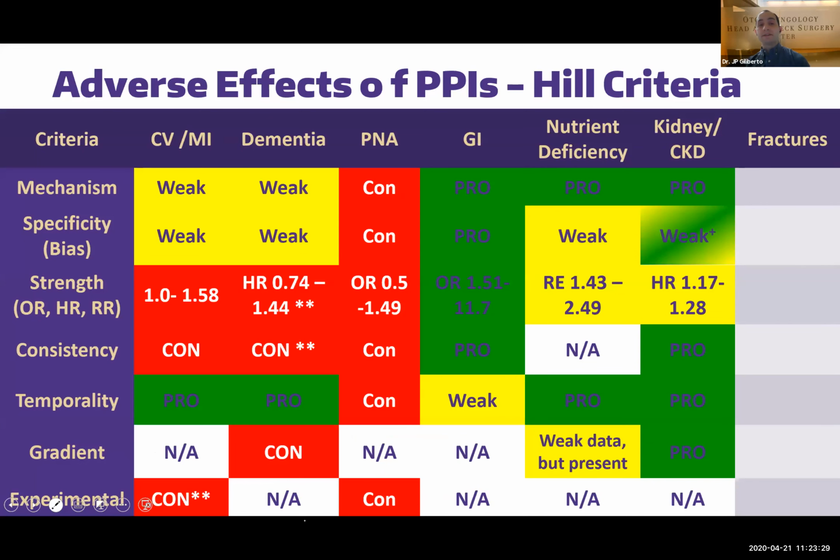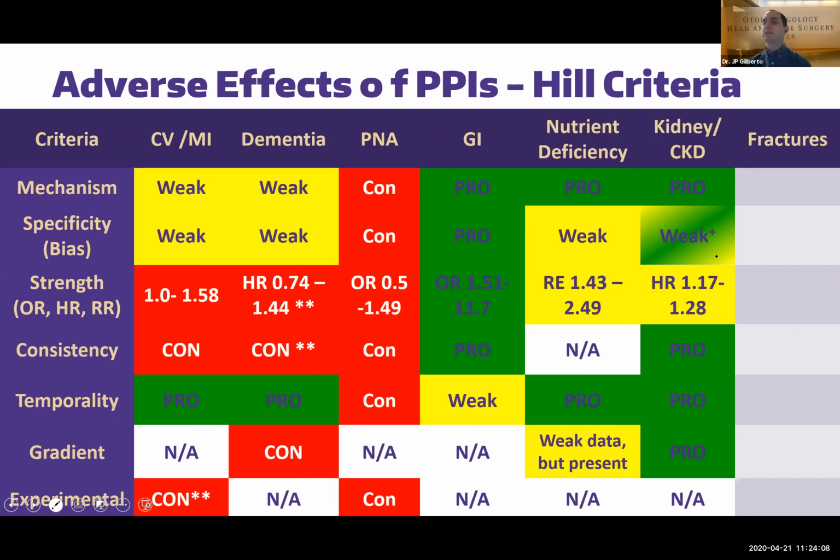So for the chronic kidney disease, we have a mechanism that makes sense. Although with these larger insurance studies, there is some concern for misclassification bias, particularly when you're not having prospective data collection. However, the reason I called it weak plus was that chronic kidney disease is one of those diseases that's fairly easily defined by the biometric and lab data. You know, if someone has an eGFR of less than 60, that is their chronic kidney disease.